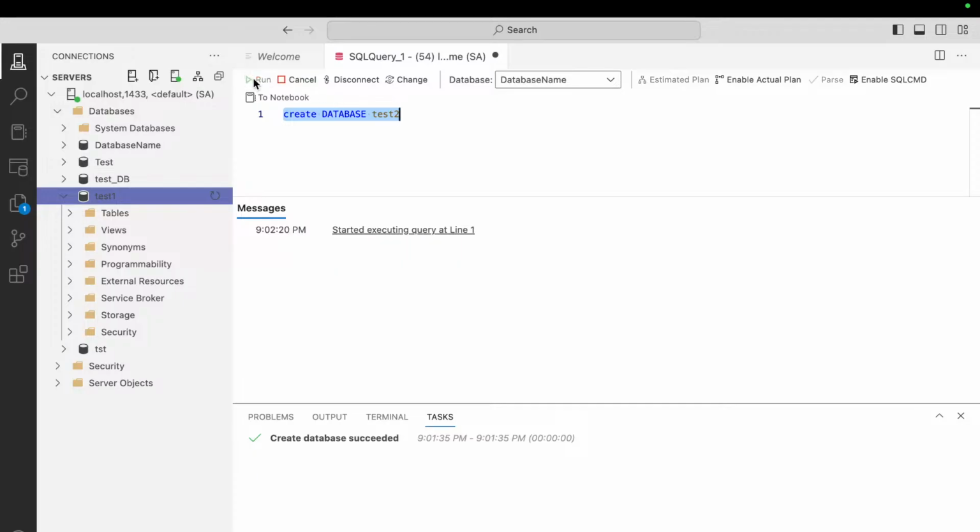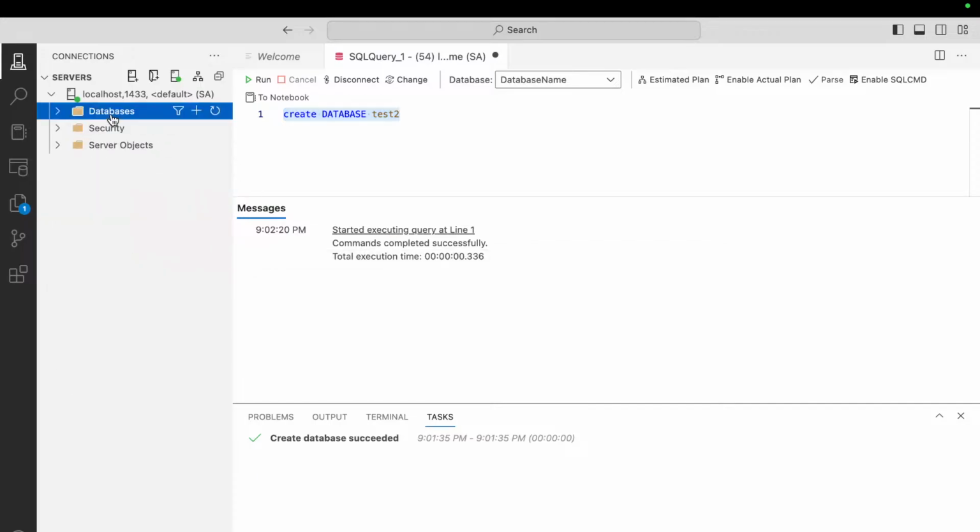Select all and run. Over here you are able to see the command successfully completed. When you go here and refresh, you are able to find that database over here.